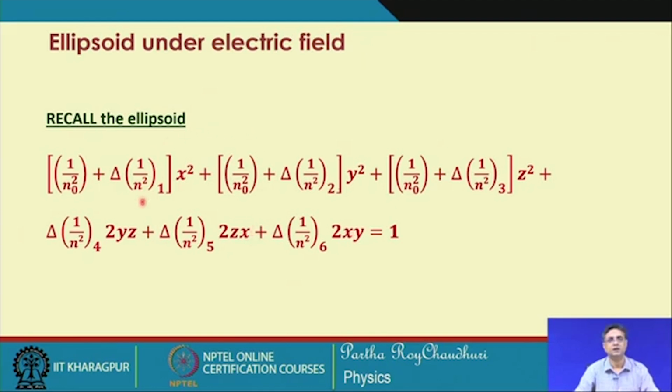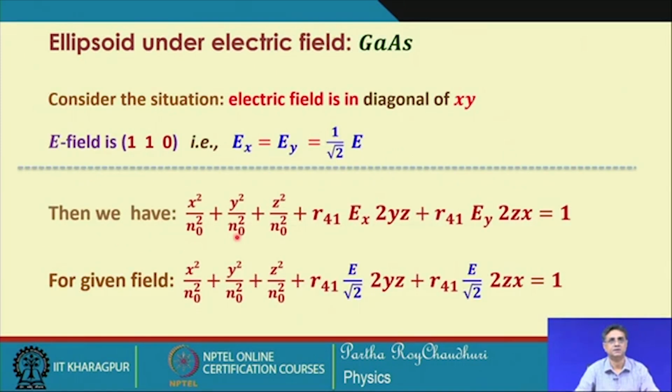So, this is after the field has been applied. So, this is the new refractive index system. So, we will have to use the appropriate electric field configuration to reduce it to the principal axis system. So, when you apply this electric field 110, that is, E x, E y, and under root 2, then we have